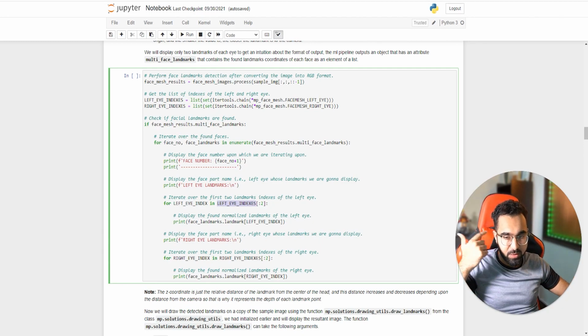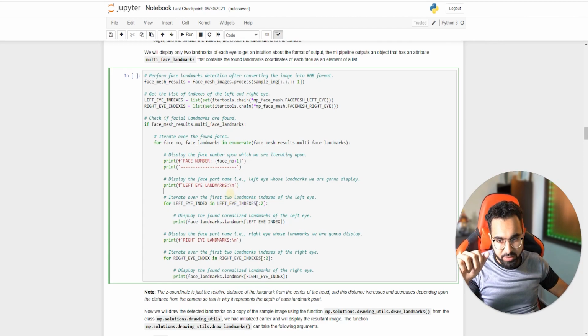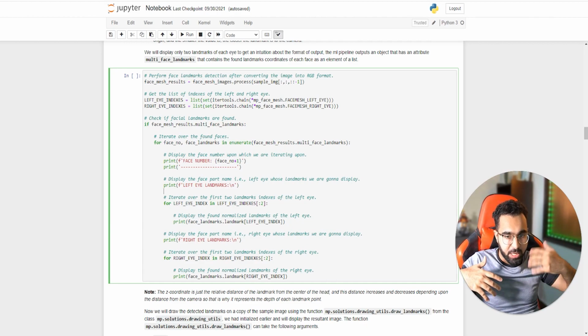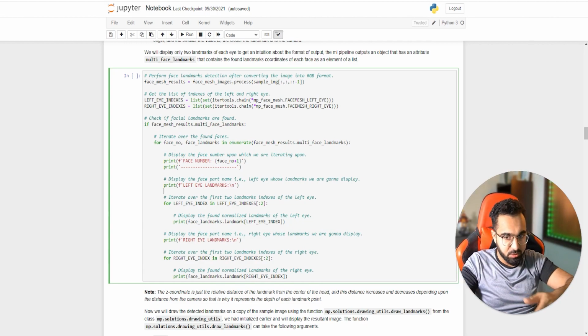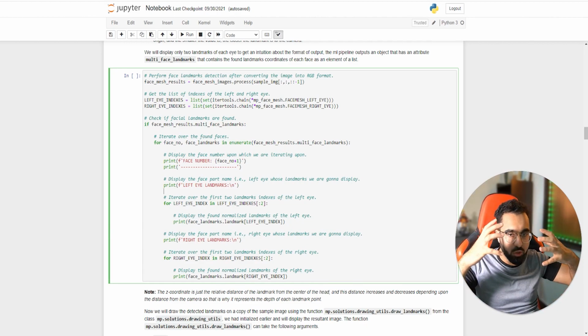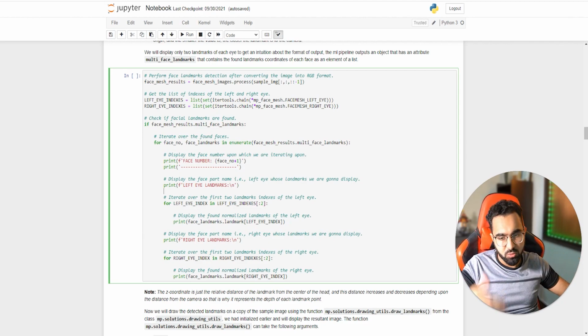I think maybe I have to recheck how many coordinates are actually present on the eyes. There's a map for that. I will be linking that in the blog post version of this tutorial. I think there would be a link also present here, which displays the whole map. But I'll be showing you a video demo right now after I run this, and then you'll also see those landmark coordinates on my face. So you'll have a rough idea how many points are present on which part of the face.